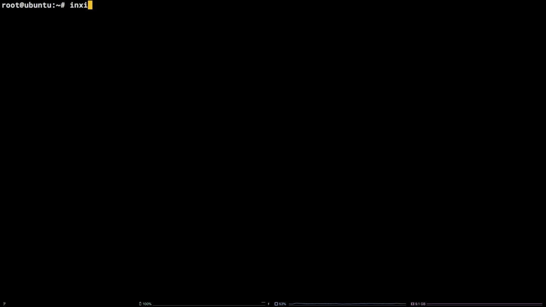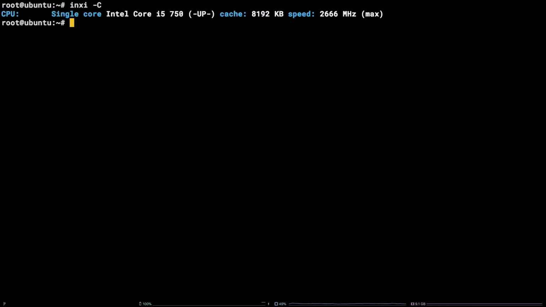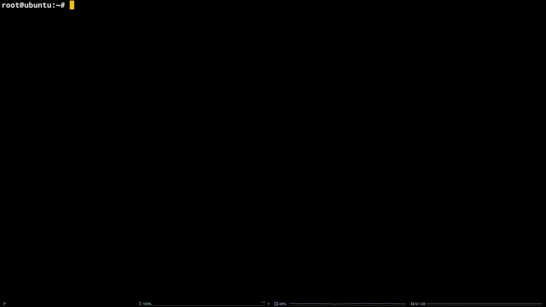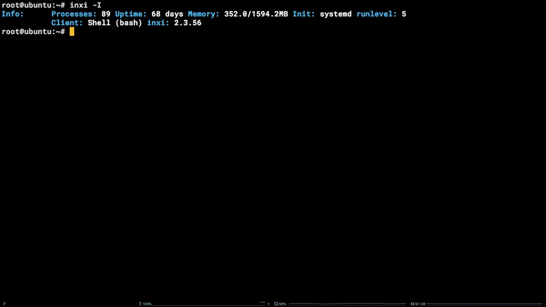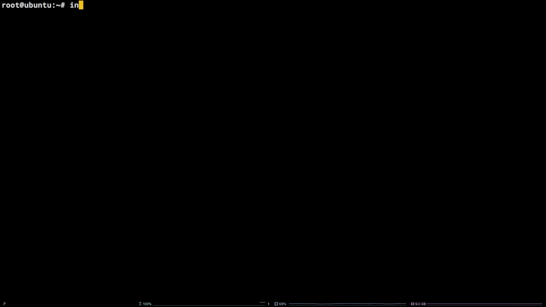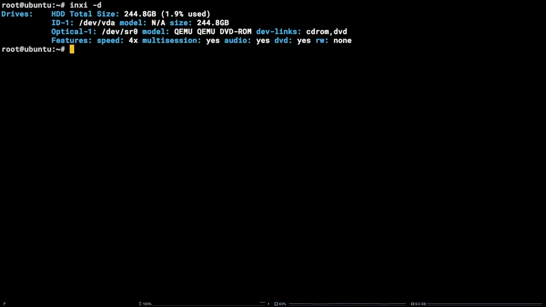inxi -C. For system uptime and current process information, run inxi -I. Disk information can be obtained by running inxi -D. And to get an aggregate of some system information, run